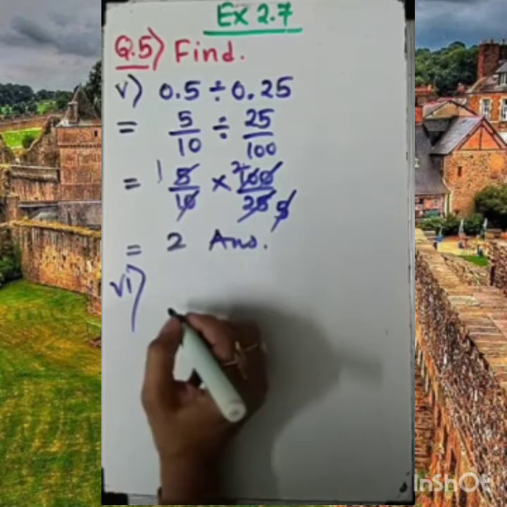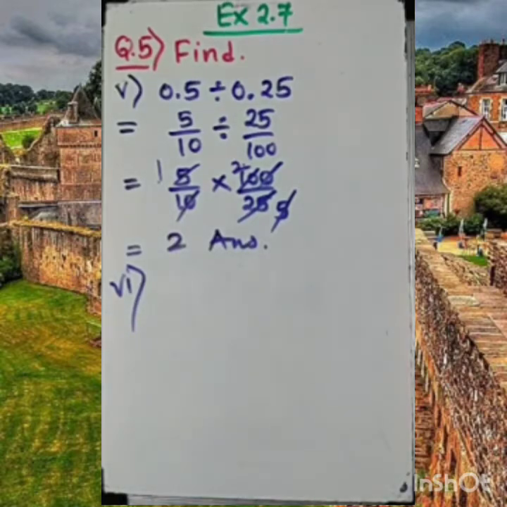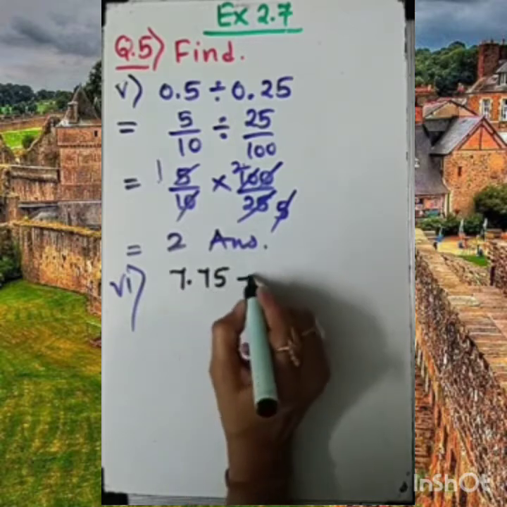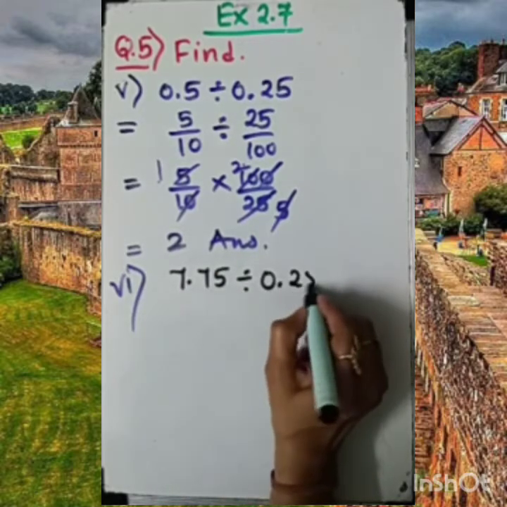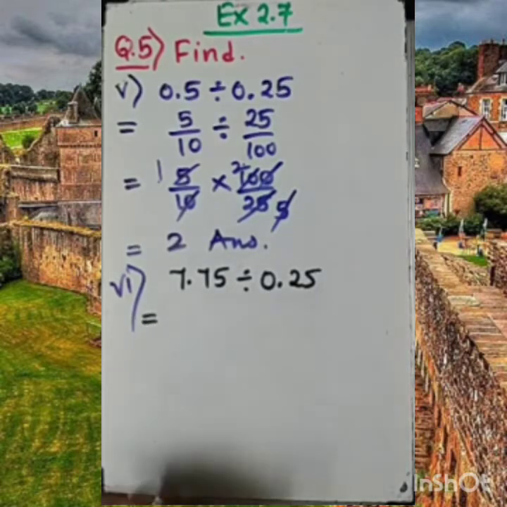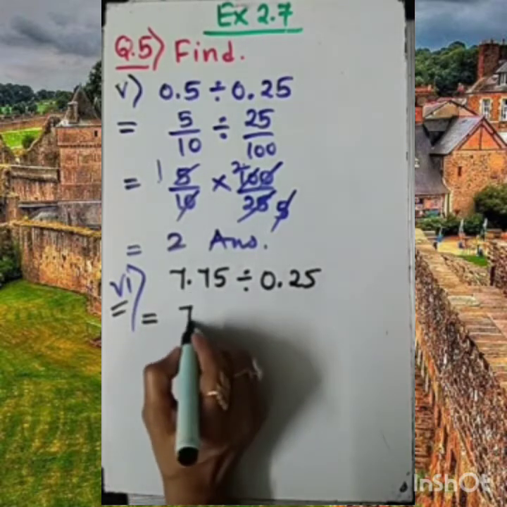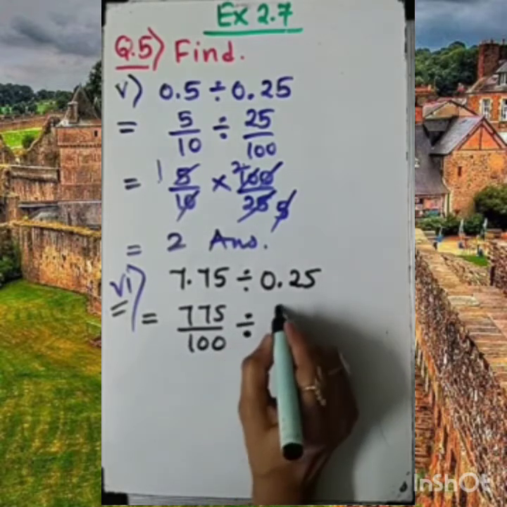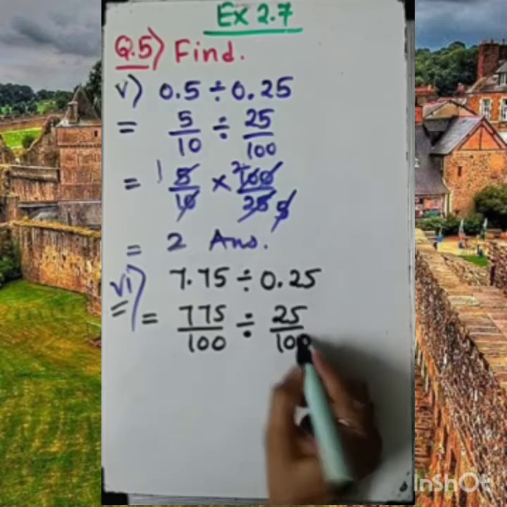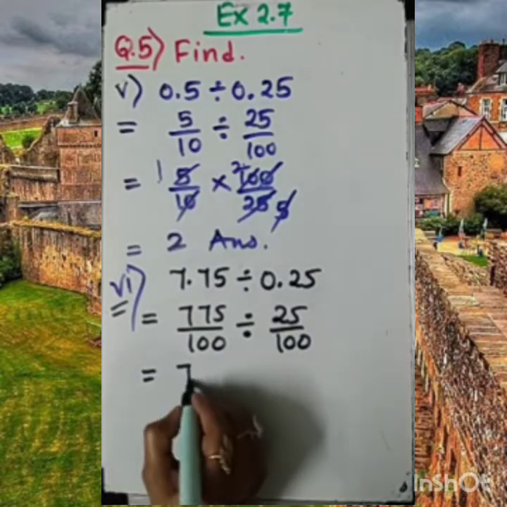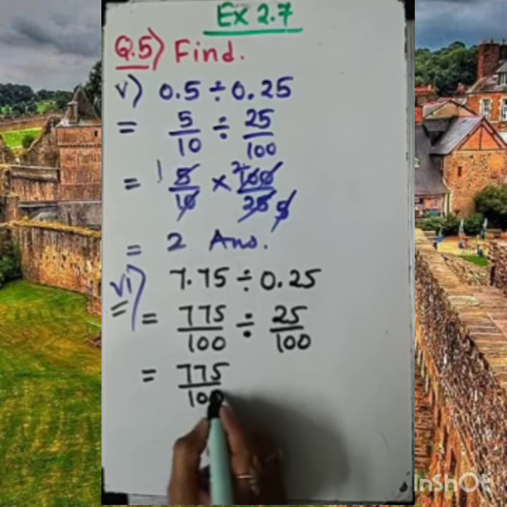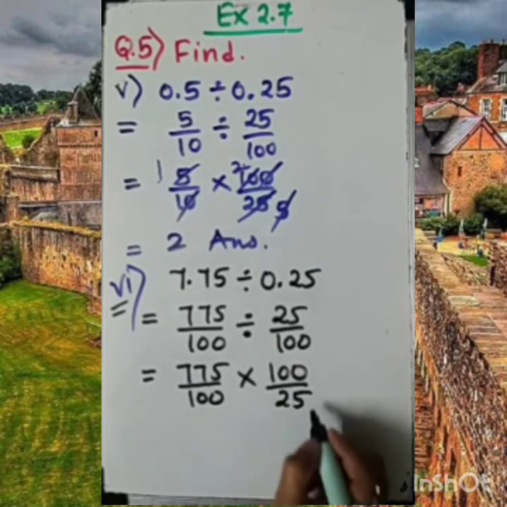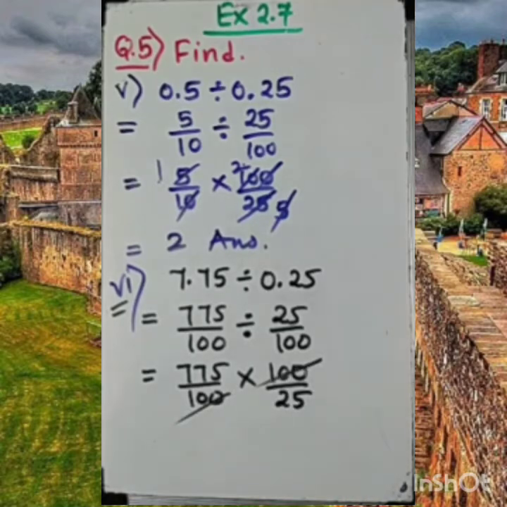Let's try to understand one more, that is sixth one, which is very easy. That is also 7.75 divided by 0.25. Okay, this is the question. Now if I shift the decimal, remove the decimal, then I need to write 100 over here, and this side also 100, right? So I need to now take the reciprocal of this. 25 by 100 is 100 upon 25. 100 cancel. So what is left?